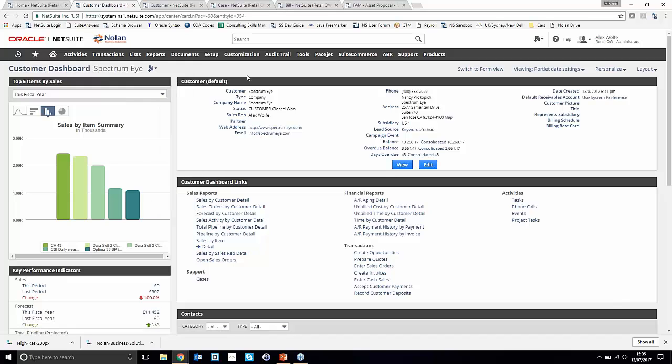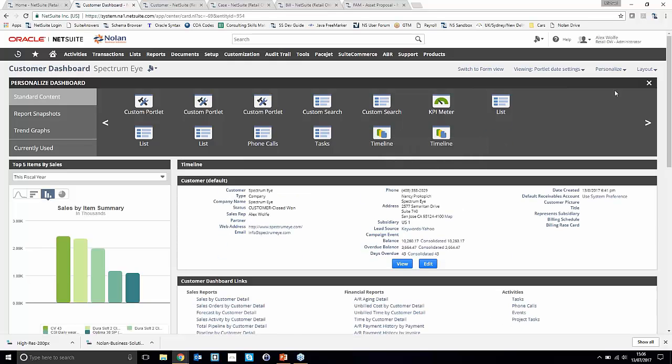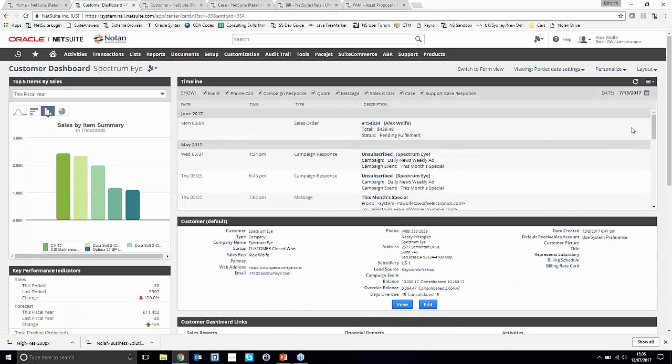So one of the key things I wanted to bring up here is one of the points that they actually added in NetSuite 2017.1, the addition of this particular timeline portlet. Now this is really nice because it gives you an overview of the customer story end to end. Quite often what you find with the forms in NetSuite, although it gives you a really nice 360-degree view of a customer, it doesn't actually give you a full order of which events occurred, so phone call before transaction. Because it categorizes it all, you can only see one avenue or the other,